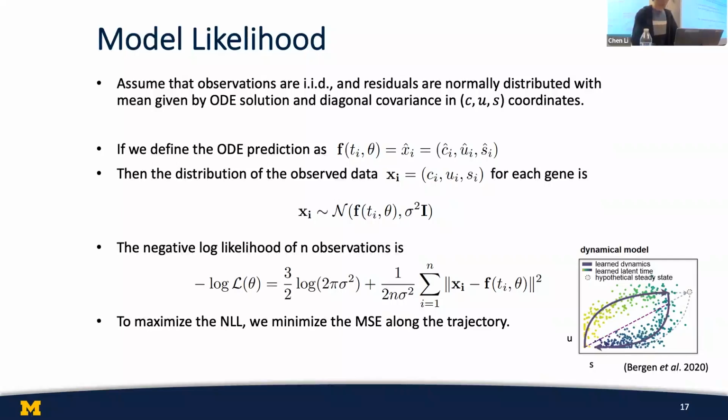Here I'm borrowing the figure from scVelo. This is for RNA velocity only, but it tells a cool story about how the curve is fitted. Essentially, it's similar to linear regression, but it's fitting two ODE solutions to the observed data. This is for each gene. So all these models are for each gene.